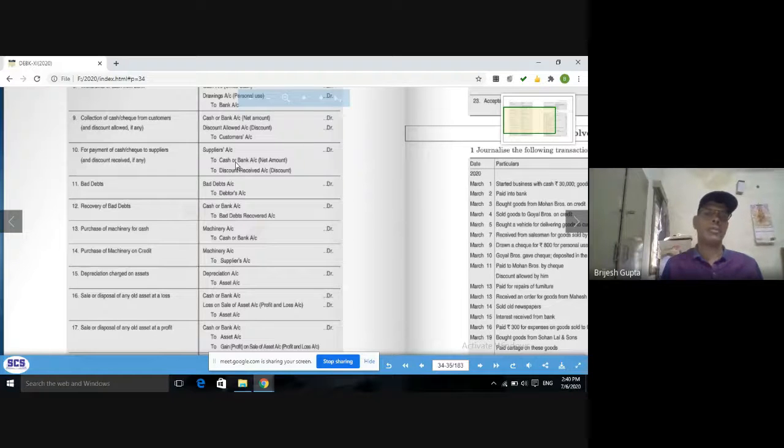Then we can make payment of expenses. Whenever we make payment of expenses, which are nominal accounts, they are debited, and since all are paid in cash, cash account is credited. Cash or bank, we will discuss later. Similarly, incomes can also be received by the business. Whatever income we receive comes in the form of cash, so cash account is debited and the concerned income account is credited. These are the basic transactions that we have discussed.